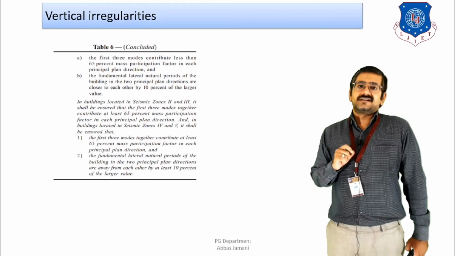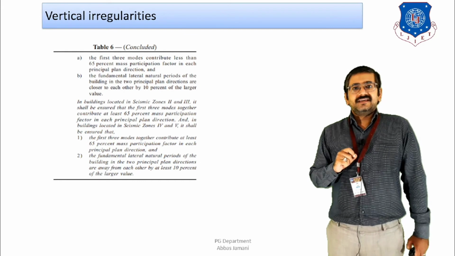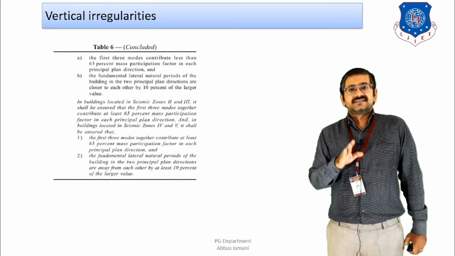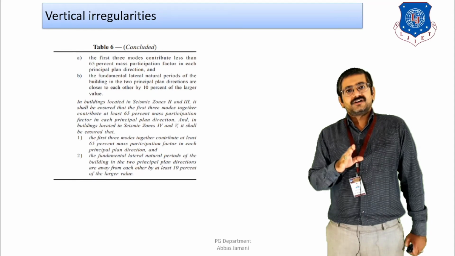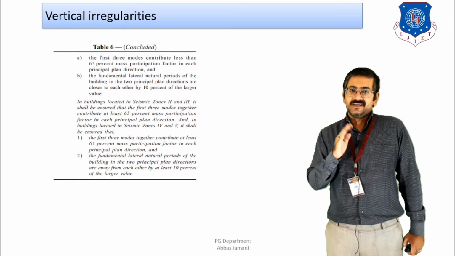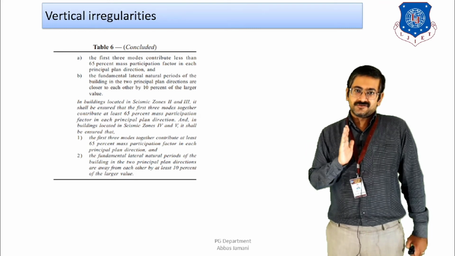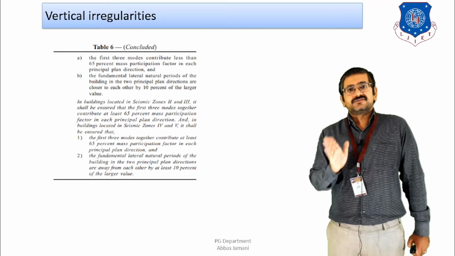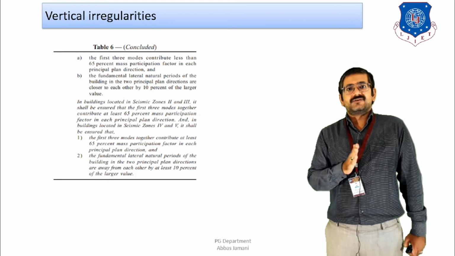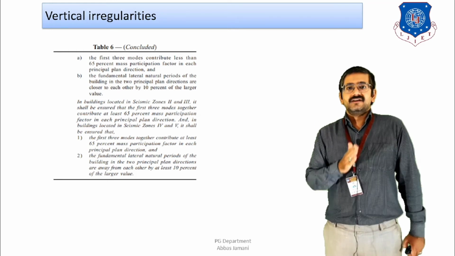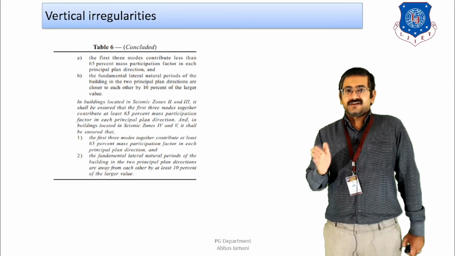Now, as we have discussed earlier, the lateral stiffness of any building is described by the stiffness of the beams, columns and the shear walls present in the building in each of these principal directions, that is, in the x direction and the z direction. So, based on the presence of beams, columns and walls, you will calculate the lateral stiffness, and based on that calculation, you will provide the things accordingly, right?